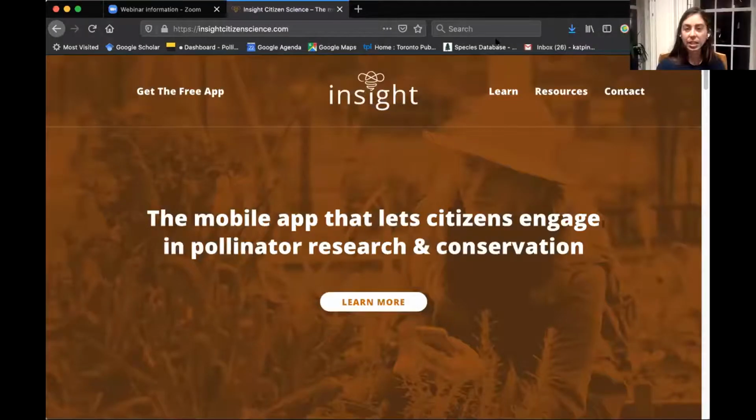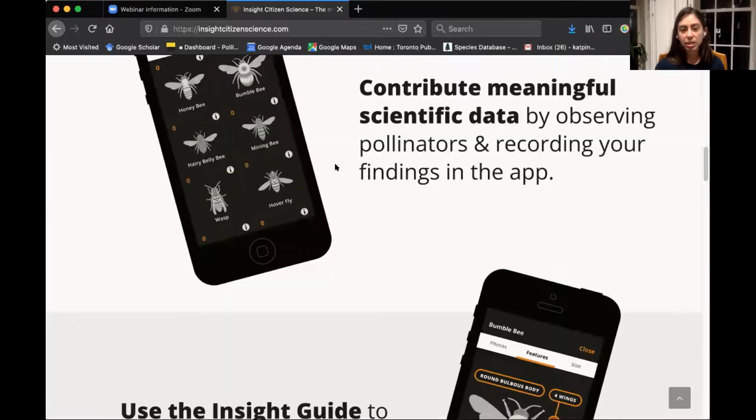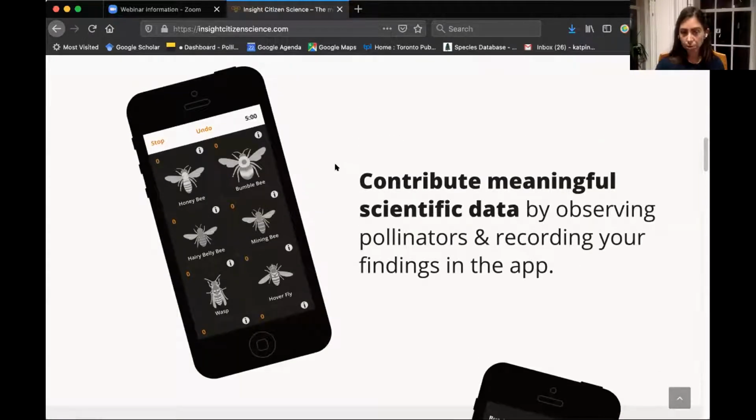So this is the Insight app. If you look up Insight Citizen, unfortunately right now it's only available as an iOS app. We'd love to make it available for Android systems as well. But the thing that's really interesting about this one is it is pollinator specific. Instead of observing per species, which can be difficult to do unless you have the computing power of iNaturalist, you record observations of plant-pollinator interactions in a given area for a certain amount of time.